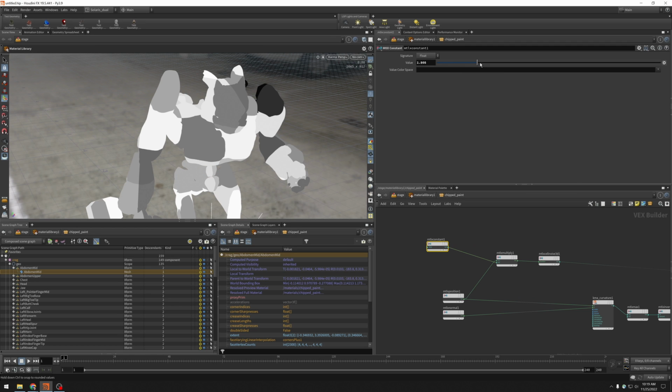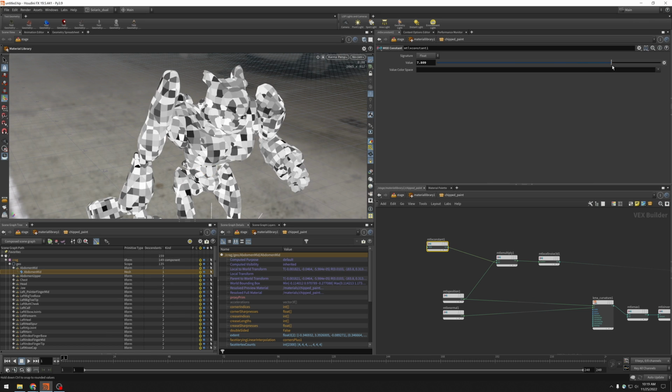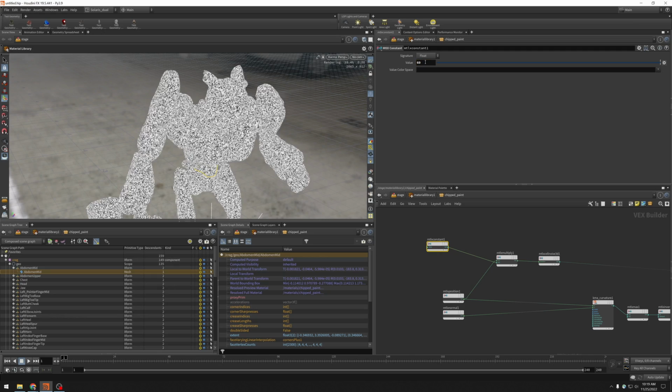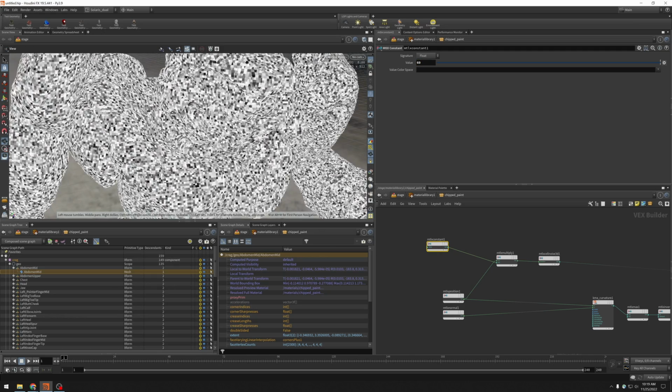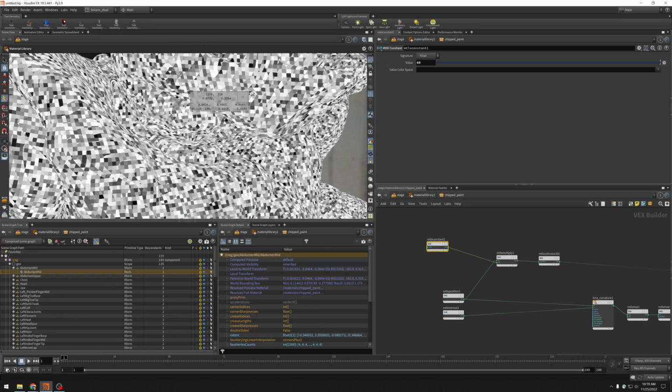And so if I raise this, I am multiplying the position values, the position vectors. In essence, I'm making the entire world bigger so that the noise appears smaller on the object. So if I take this up to 60, then we'll start to see we've got this pattern, and that's going to look a little bit